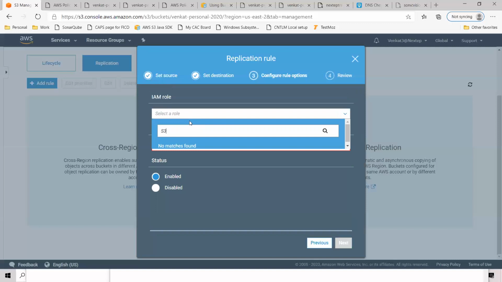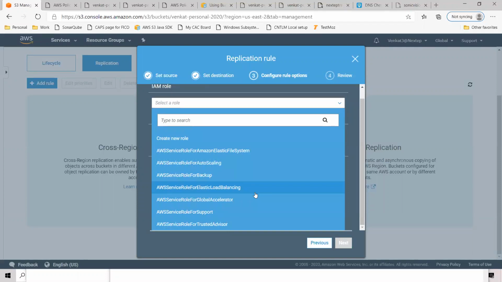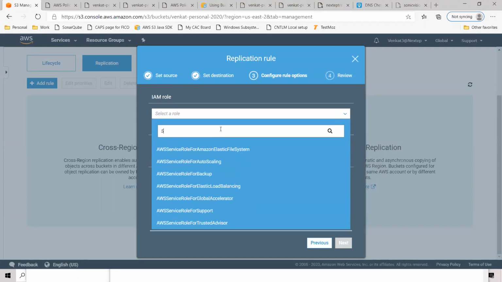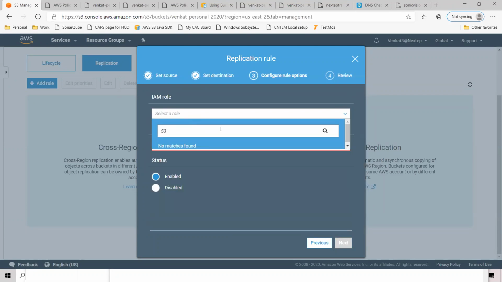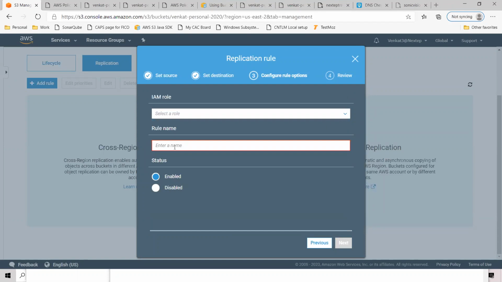Well, I can choose the S3 AWS service and select a role. I can also create a new role and come back here.